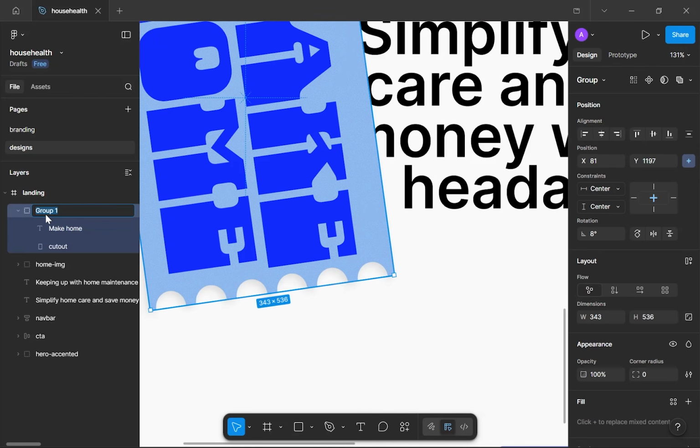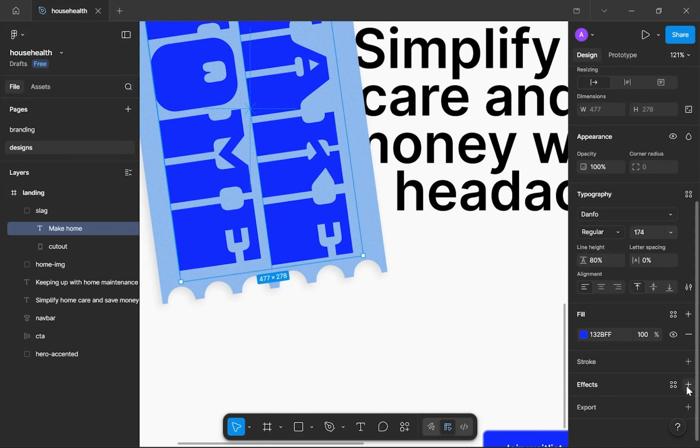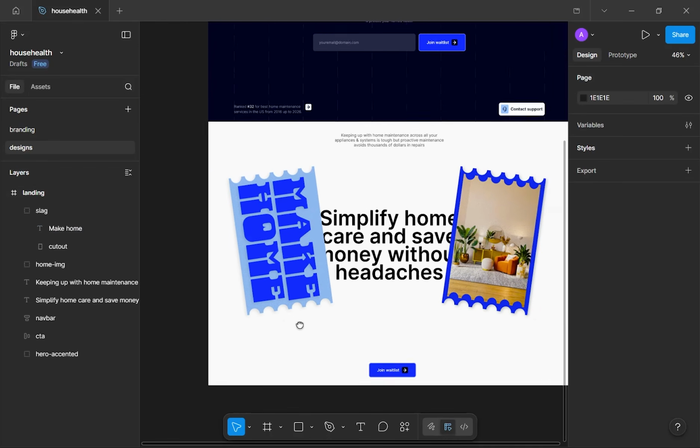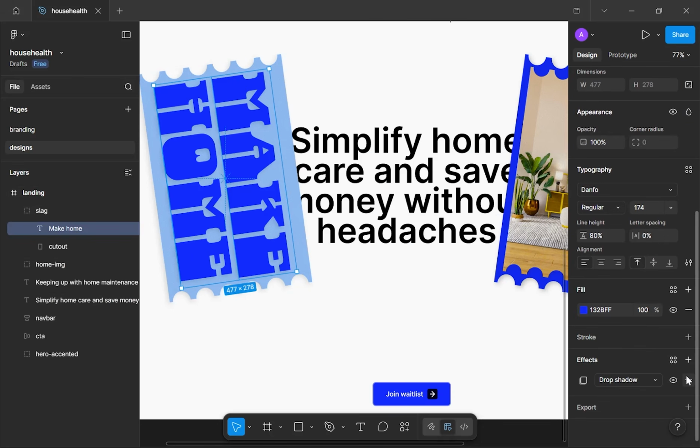Maybe I could call this branding or slag, something like this. Maybe I can apply the same thing here with the rope shadow. I'm not sure here. Let's just try it out. -4 for 12. Okay. I don't really like that one. I just want it to be something printed onto this